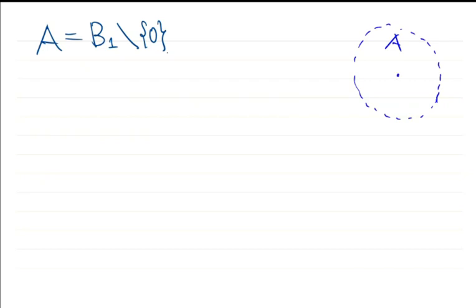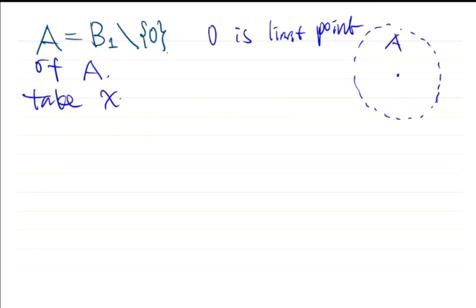Then the center is a limit point of A. Why is it the center? Because we can construct a sequence converging to this center from A minus the center. We take xk to be, for example, 1 over k, other coordinates are 0, then